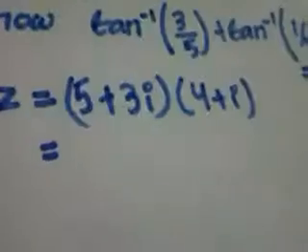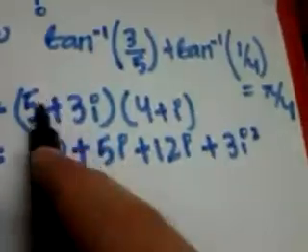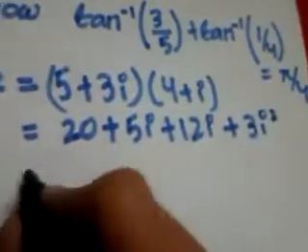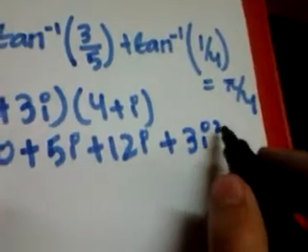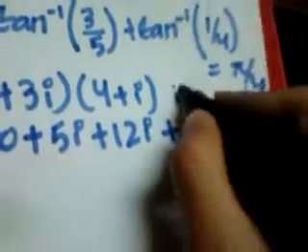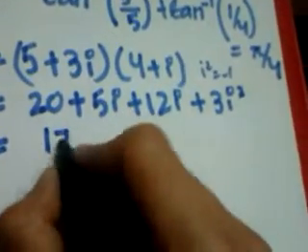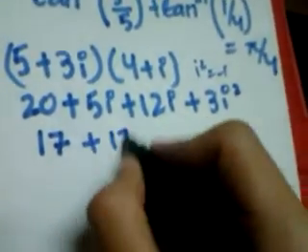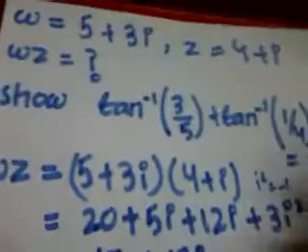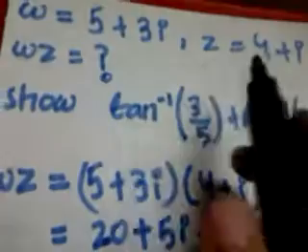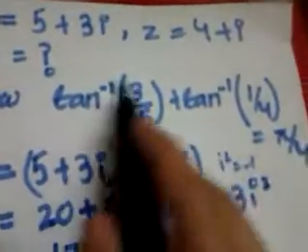This is this multiplied: 20, 5i, 12i, 3i squared. Now remember that i squared is minus 1. So this is minus 3. 20 minus 3 is 17, plus 7i. So one thing is done, and the question says also, hence show that tan inverse 3